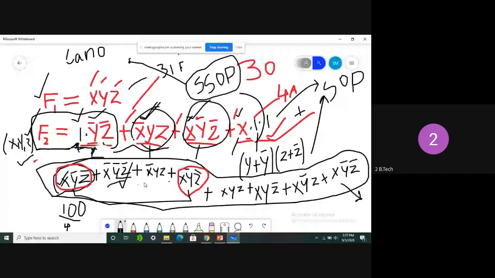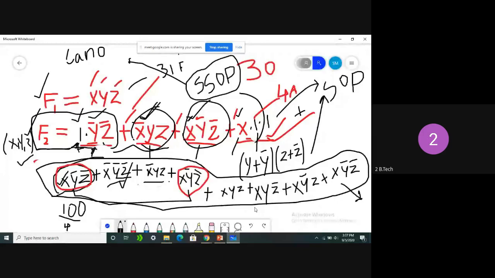Instead of two terms, we can keep one term. See here, the first term and the fourth term are both the same, so we can leave one of them. And one more thing we need to learn here is that each term in canonical form is called a min term. In standard SOP representation, each term is called a min term. So this is one min term, and these are all min terms. Each min term is going to be represented with a decimal value.